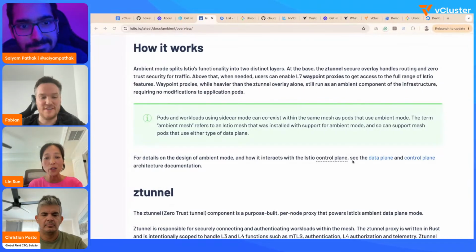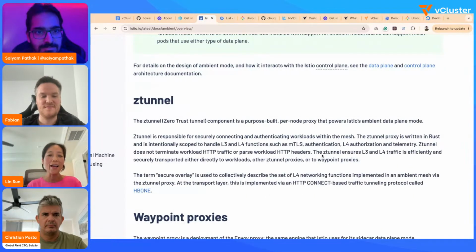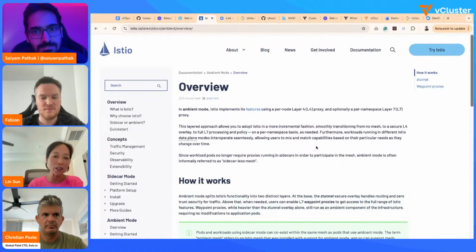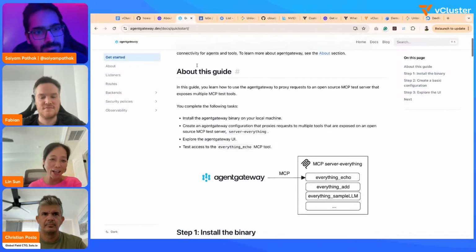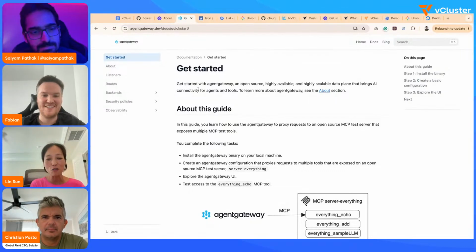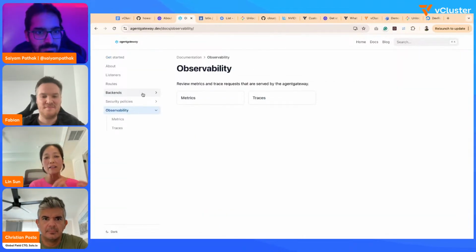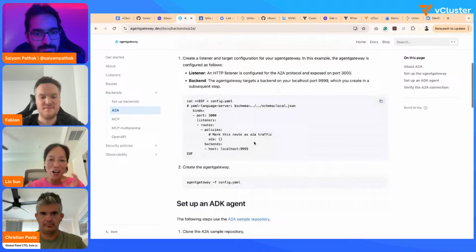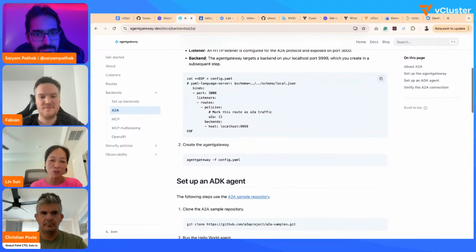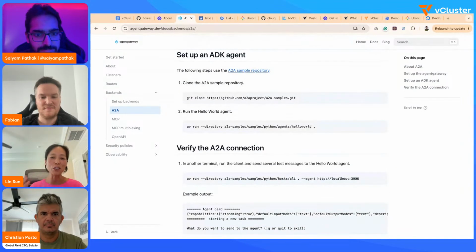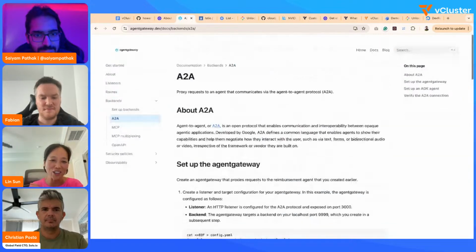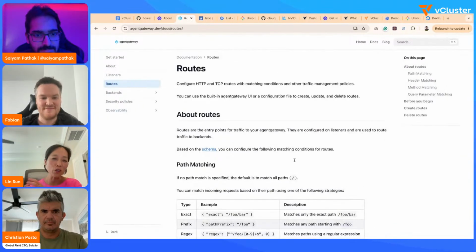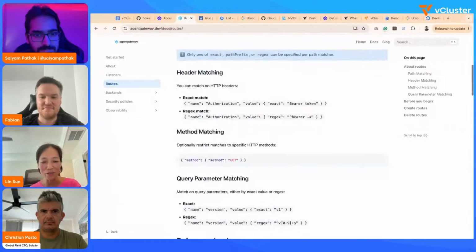So we took the lessons we learned in Istio Ambient, and contributors like John Howard reused portions of code in Agent Gateway. So we're not building Agent Gateway exactly from scratch. It's built on three years of expertise building Istio Ambient, and we learned all the things we couldn't easily do with Envoy, and all the complexity of programming Envoy to do what we wanted. So, to add back to what Christian said, to work with MCP and A2A, that's why we decided not to use Envoy and to reinvent the wheel with Rust.